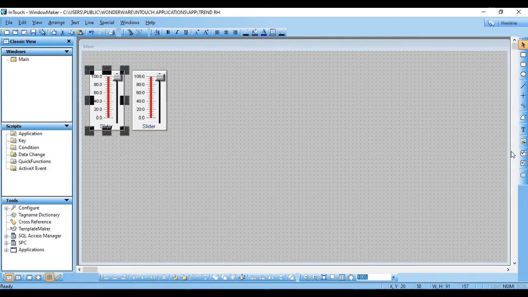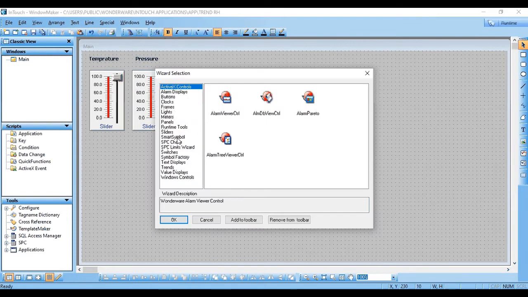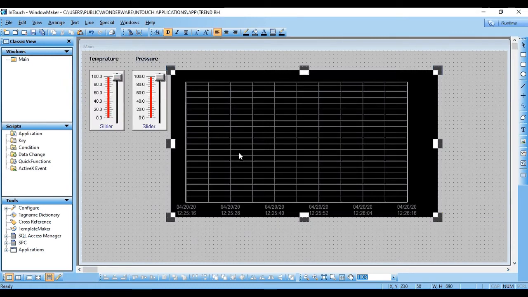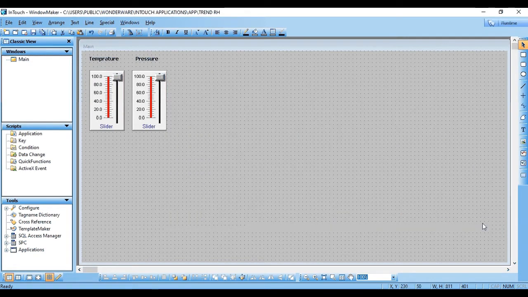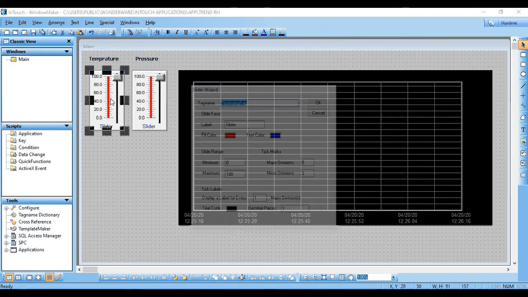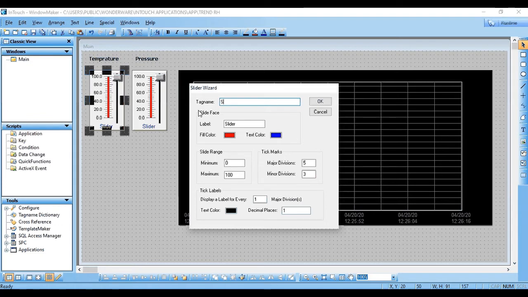Let's say it is temperature and pressure, and we will also need a real-time trend, so we will use a 16 point trend. Let's define the tag for slider 1, SL1.